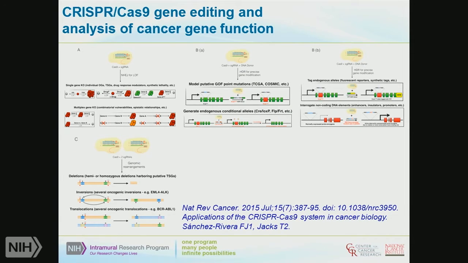I appreciate now that you can't read this, but I really wanted individuals to actually look at this review. It really summarizes some of the ways individuals are using CRISPR Cas9 systems in cancer biology. Some of these are going to be the same as I'm going to talk about subsequently, in terms of the applications of the work we've done in the past using RNAi. I'm going to be using those as illustrative of the types of work people are using for loss of function, with perhaps the big exception of this application down here.